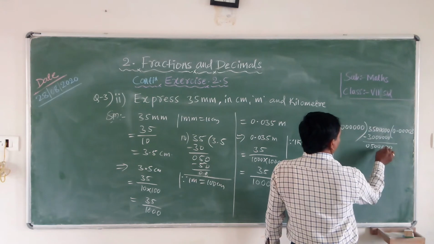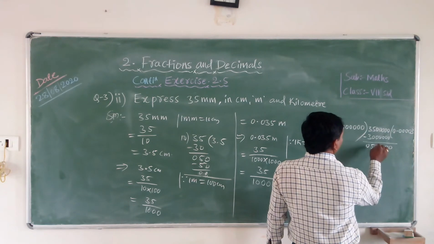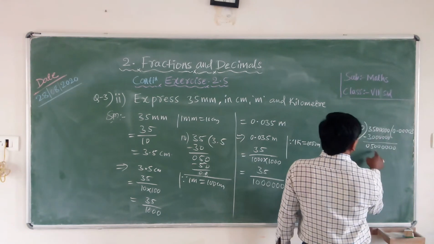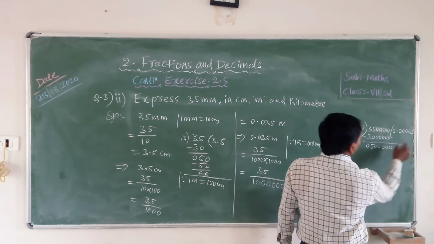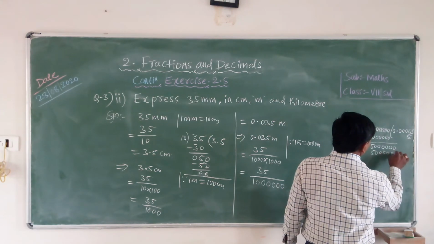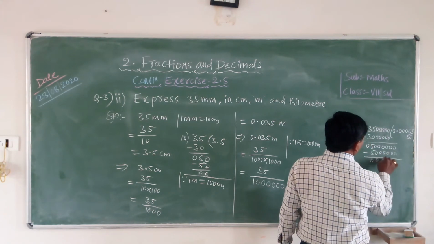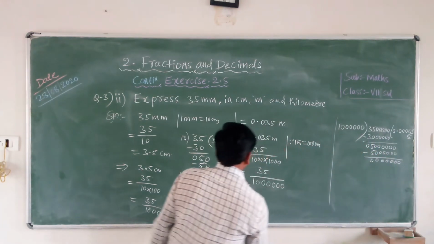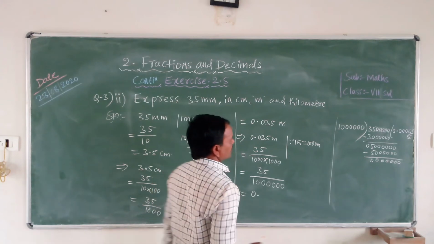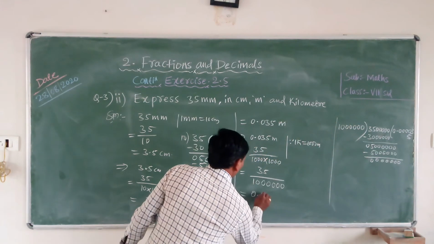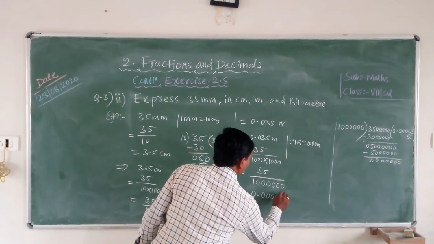1 tens, 100,000, 10,000, lakh. So 10 lakh is there. Again one, take 0. So 10 lakh 5s are 50 lakh. So minus 0 0 0 0 0 0 0. So this one, the answer is 0 point. How many zeros are there? 1, 2, 3, 4. So 4, 1, 2, 3, 4, 3, 5.